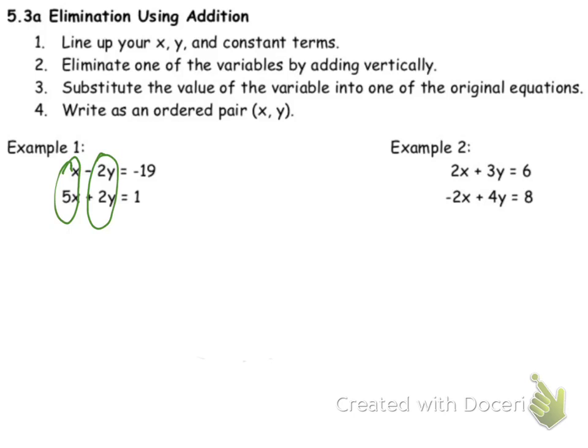And then I also like to say, let's line up our equal signs. Are the equal signs also lined up there, guys? Yes. And then the constants, so the numbers without the variables, those are also lined up there. Yes? Basically, you're just going to be like subtracting our equations by each other. Kind of cool. So after we have these lined up here, we'll say, okay, we'll eliminate one of the variables